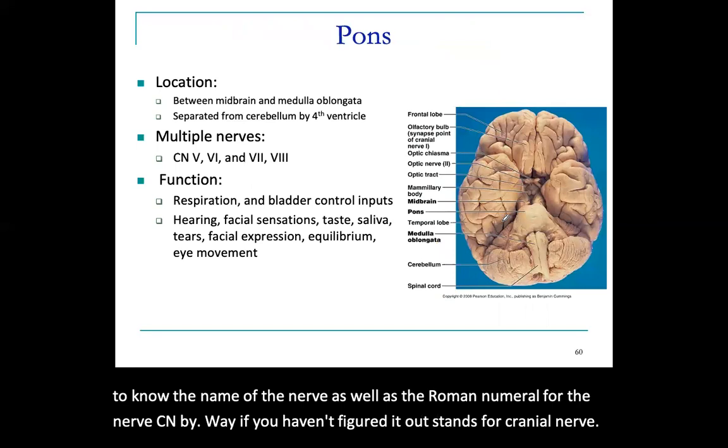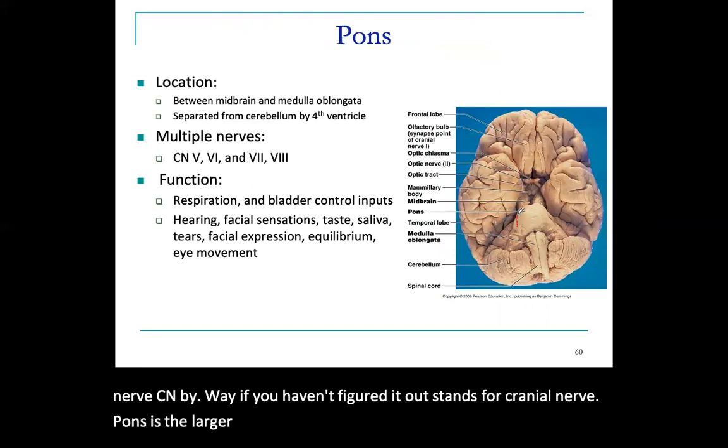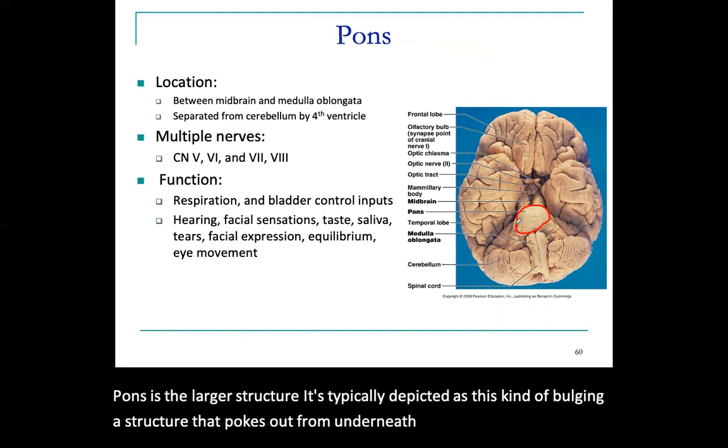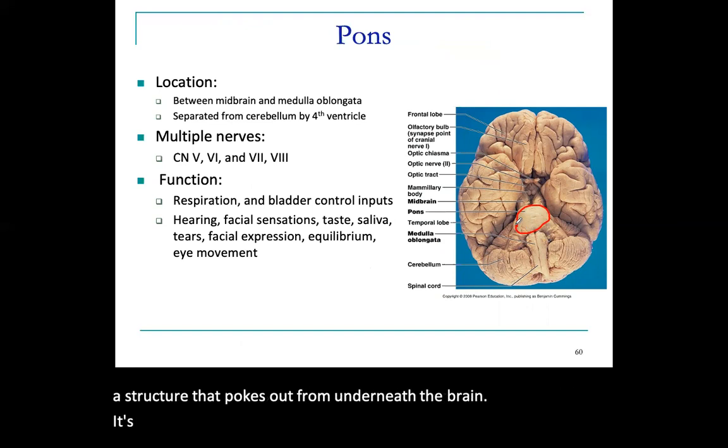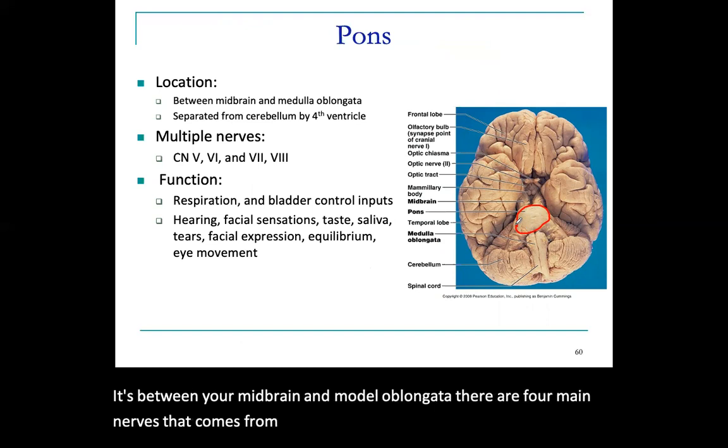Pons is the larger structure. It's typically depicted as this kind of bulging structure that pokes out from underneath the brain. It sits between your midbrain and medulla oblongata. There are 4 main nerves that come from that, called nerve number 5, 6, 7, and 8. And these nerves are